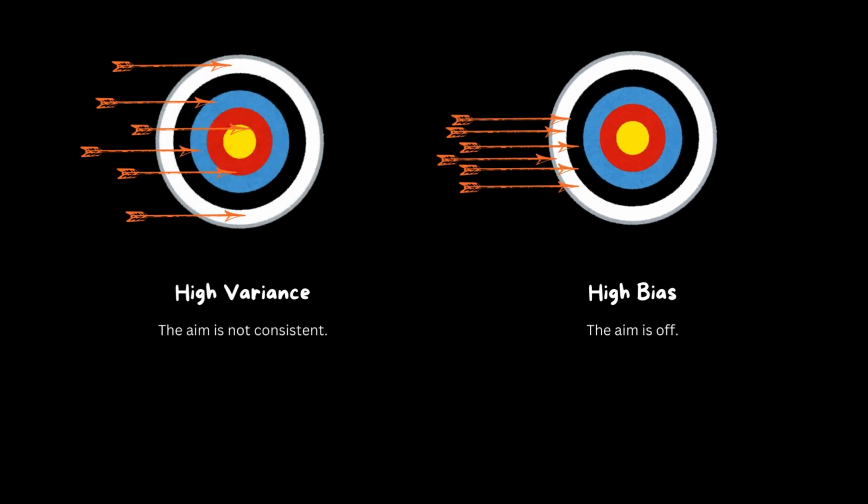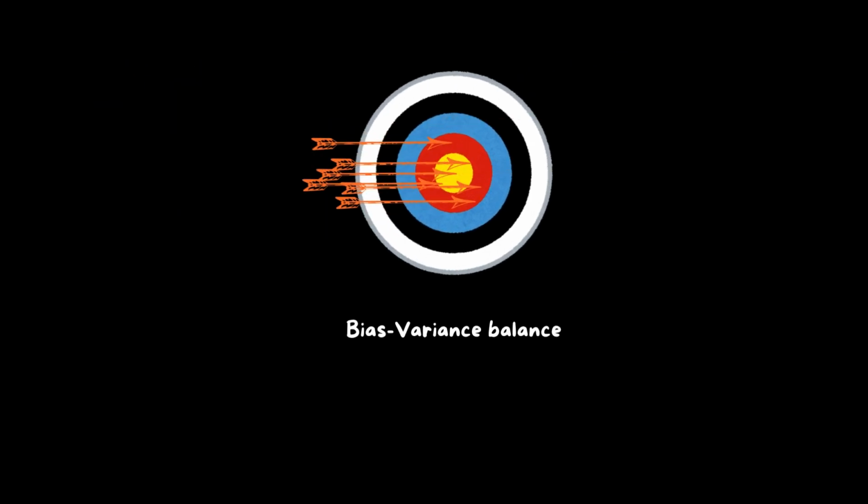So imagine you are trying to hit a target with a bow and arrow. If your arrows consistently land far from the target, that's like having high bias. Your aim is off. You're not aiming well. But if your arrows land all over the place, sometimes close to the target, sometimes far from the target, that's like having a high variance. Your aim is inconsistent. But if we get the good of both, that is, correct and consistent aim, then our